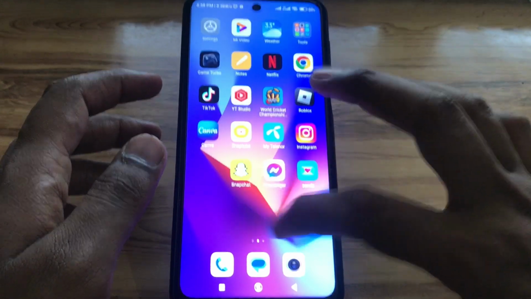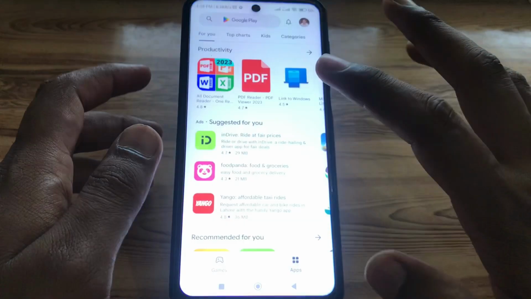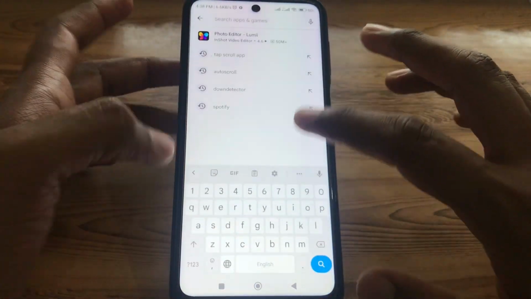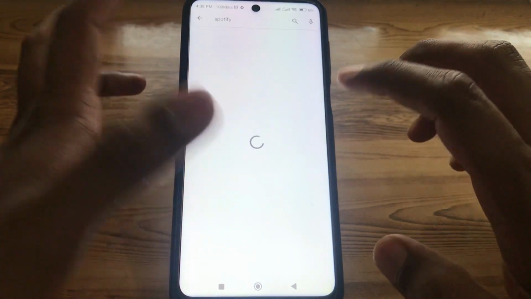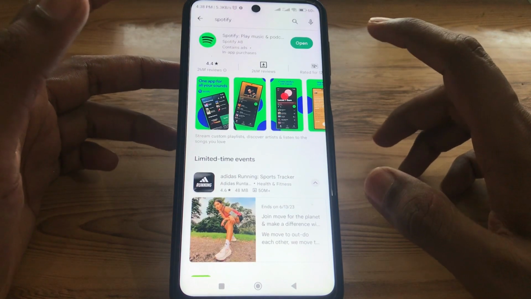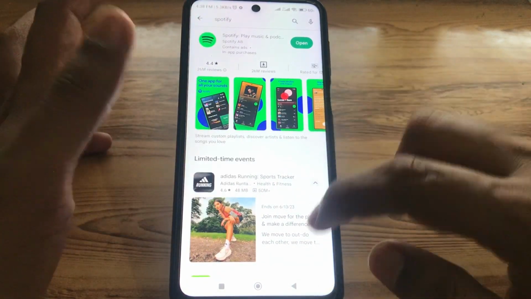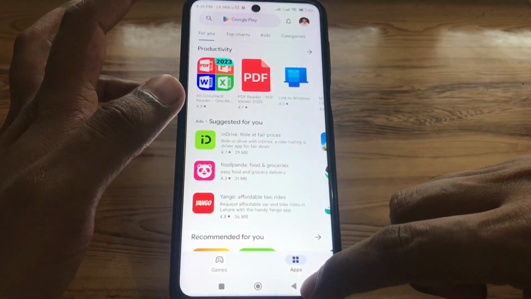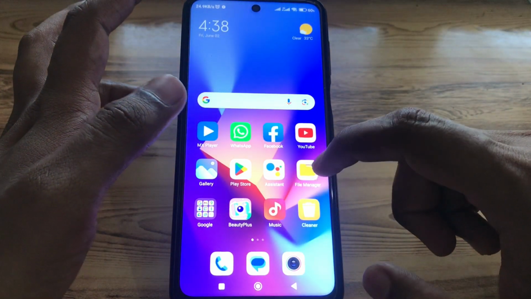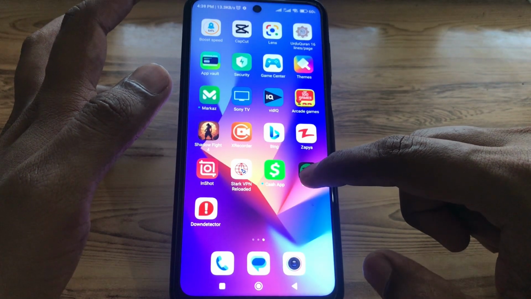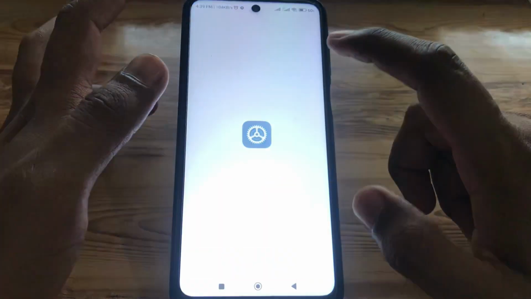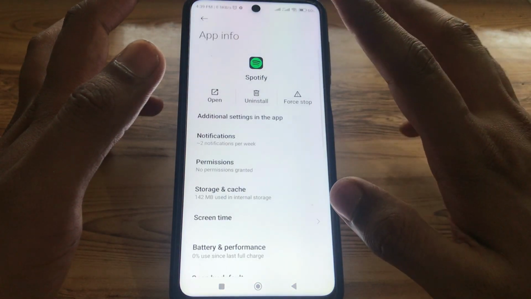First of all, you have to open the Play Store, and here you have to search for Spotify, and after that you have to check whether it is showing any kind of update or not, because AI DJ on Spotify is only available in the latest version of Spotify. And after that, next, you have to click on the app,